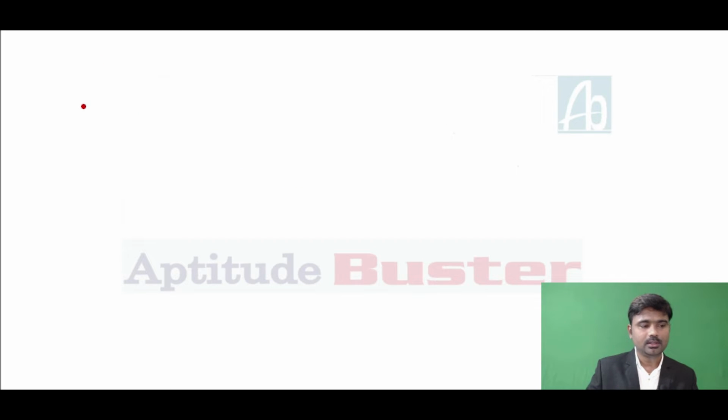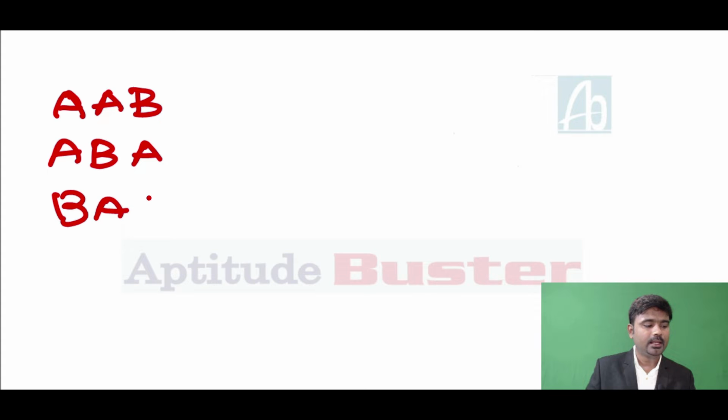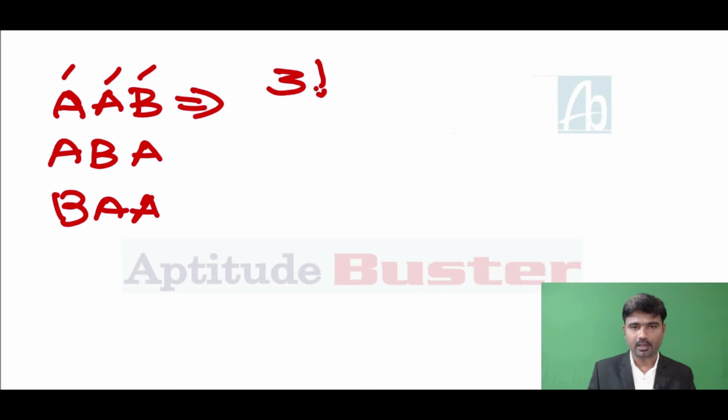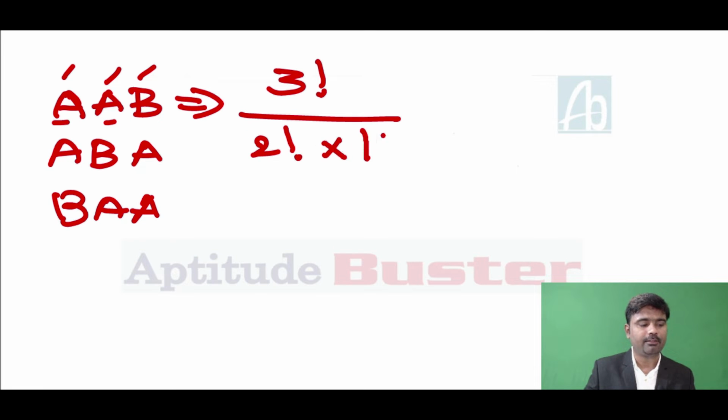Next, I choose the letters like A, A and B. How many ways can these 3 letters be arranged? AAB or ABA or BAA. Here 3 letters are given. We know 3 different letters means this can be arranged 6 ways or 3 factorial ways. Here 2 letters are same. So whenever you find like this, the number of letters arranged is 3 factorial divided by, here 2 letters are same, 2 factorial, into 1 factorial. Here the B comes only once. So 2 factorial into 1 factorial.